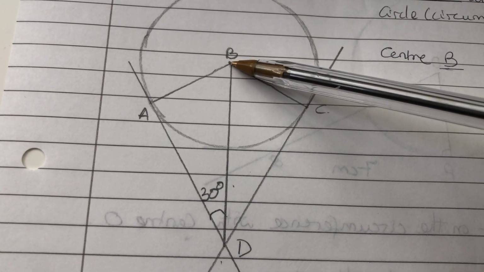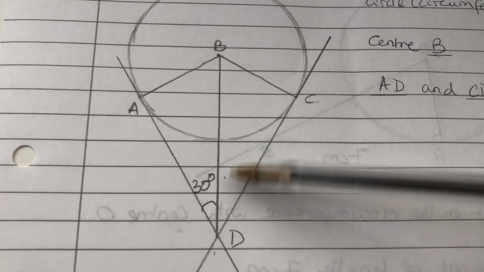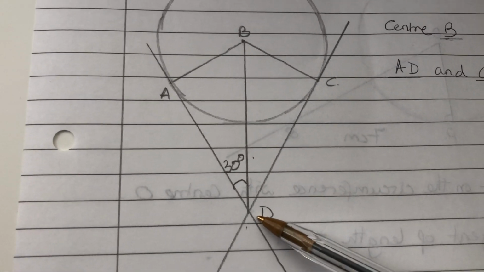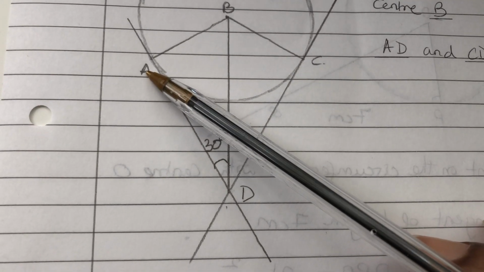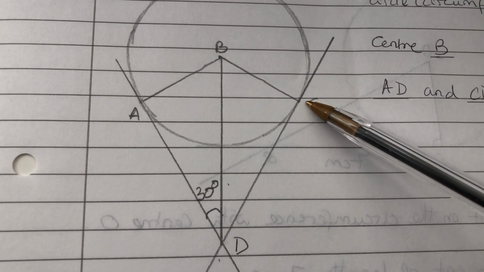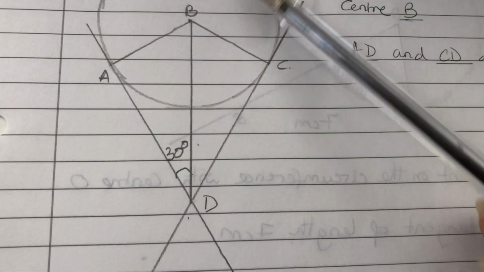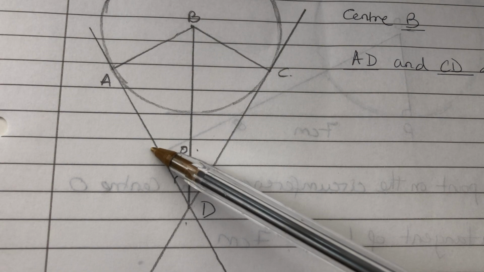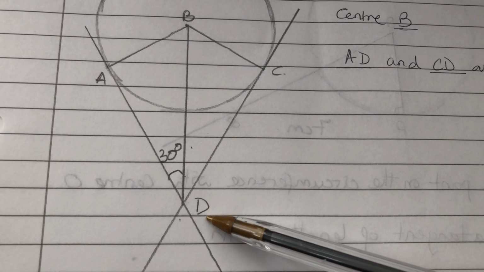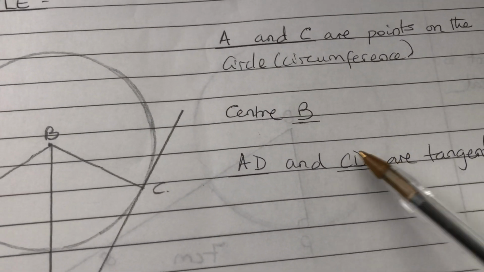And you have a line from B to where the tangent meets, and that point is D there. So you have D, A on the circumference, B the center, C on the circumference, and it makes a tangent. Now one of the theorems is AD will be equal to CD. So now the question says